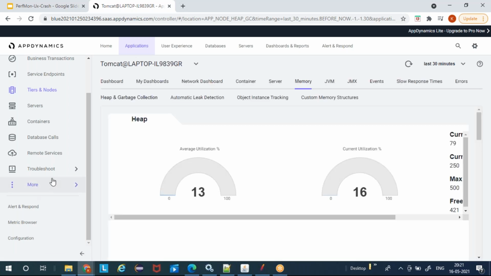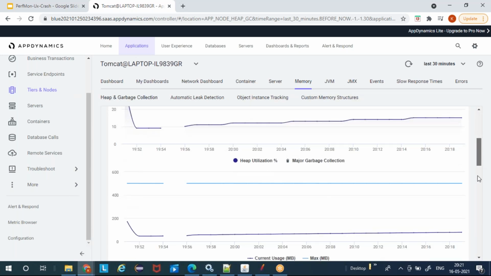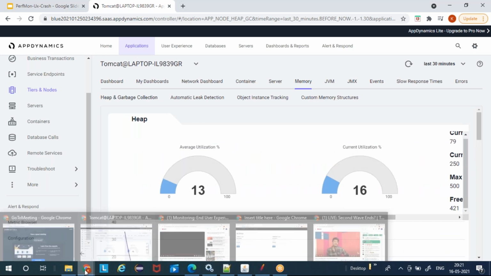We'll also have a use case where there will be a response time problem, and using AppDynamics, we will troubleshoot the response time problem and find out the root cause. So all these things we will be looking into practically. And similarly for